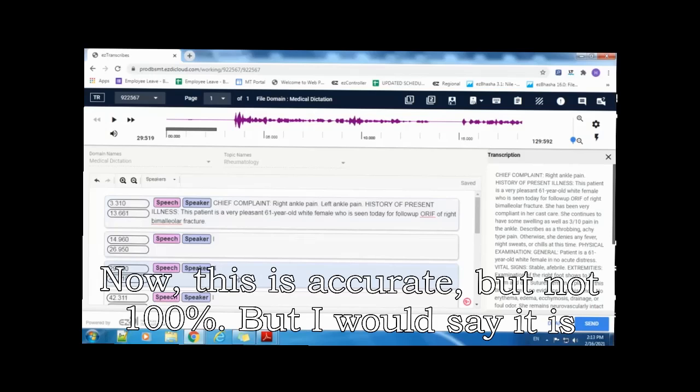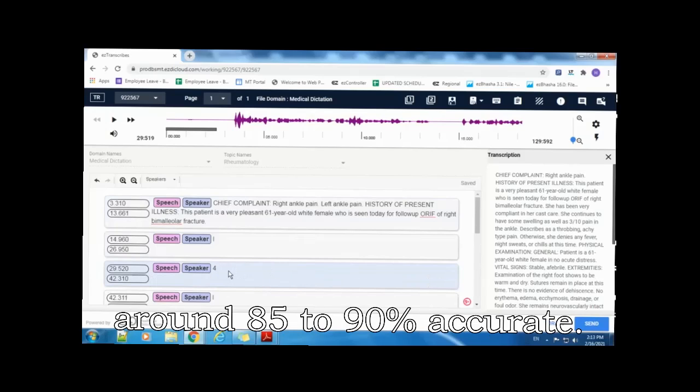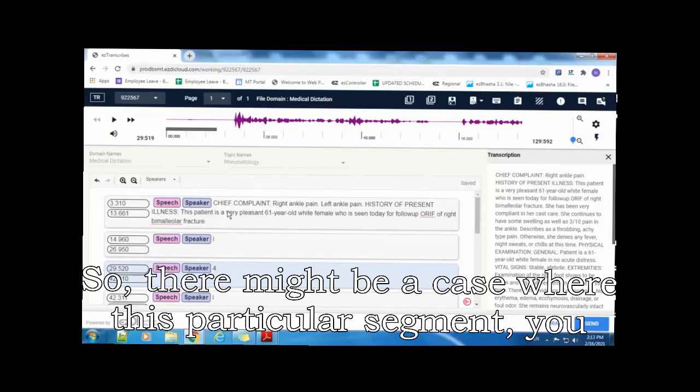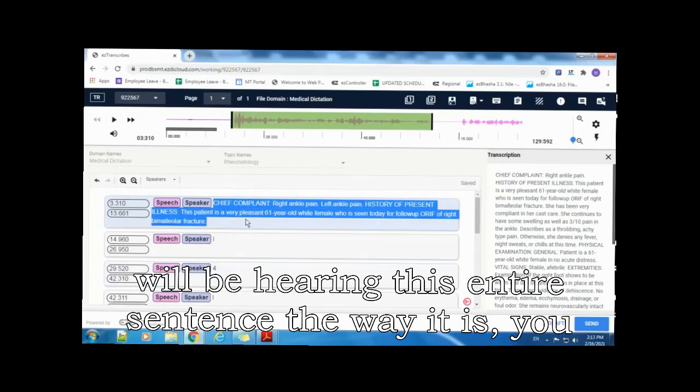Now this is accurate but not 100%. I would say it is around 85 to 90% accurate. So there might be a case where in a particular segment you will be hearing this entire sentence the way it is.